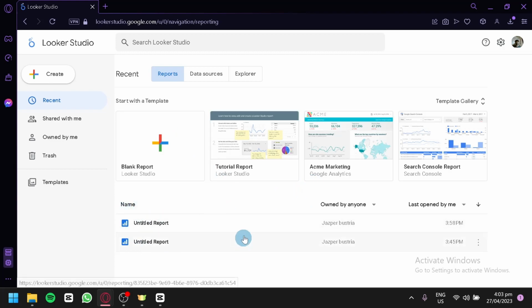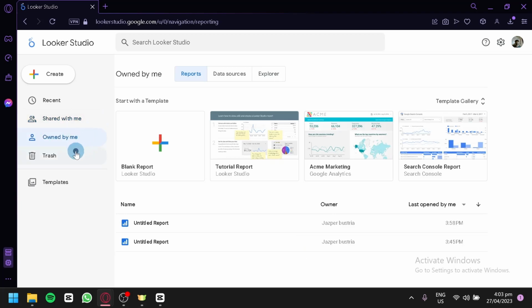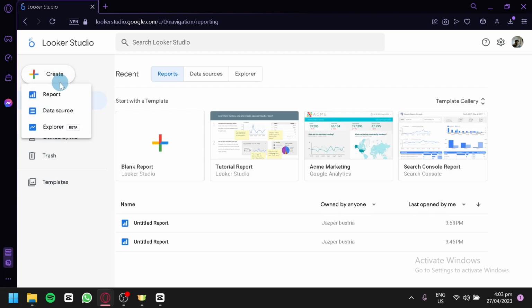As you can see below, these are all the recent reports that I have created. These are just testing reports. These are not important reports. And over here on the left side, you would be able to see shared with me, owned by me, and then trash. This is where you will be able to see reports, data sources, or Explorer that you have thrown in the trash. By clicking on create over here on the left side, you would be able to create reports, data sources,